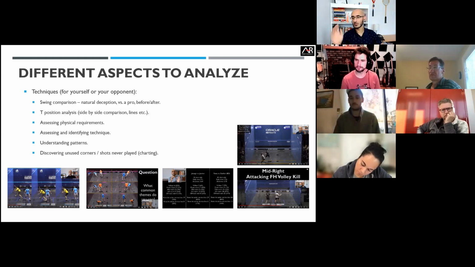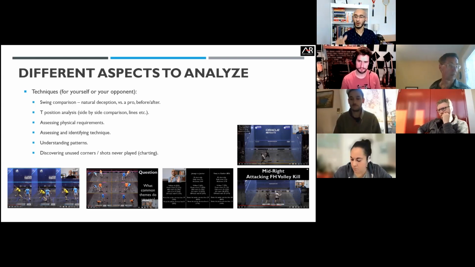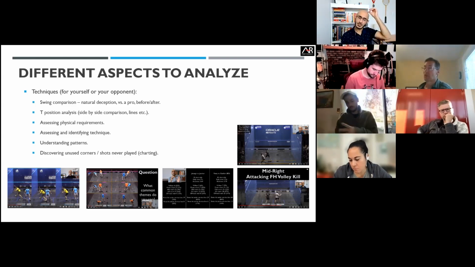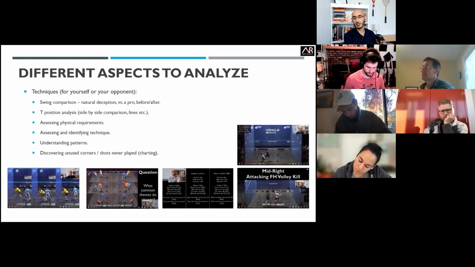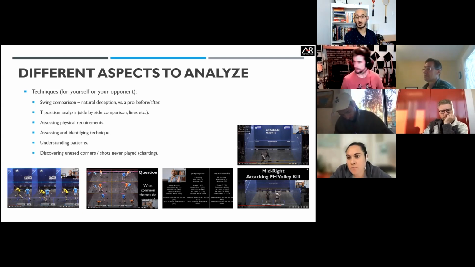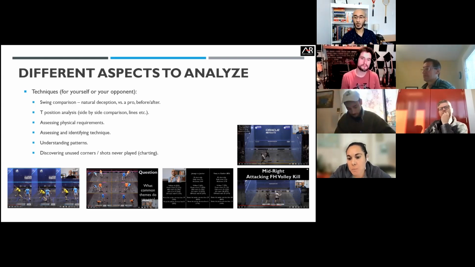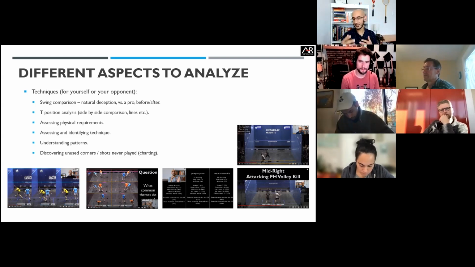And I say, okay, if we're working on straight kill, hunt the volley, let's see how many points you can win only with the straight kill hunting the volley. Record that, and then you can see how effectively they're doing it and kind of where it's breaking down. So that's another example. And the most recent image you see on the screen was just an example of showing how Ali Farag, whenever he hit a really, really tight length, his tee position would shift up like 1 or 2 feet onto the tee, and he would push up right to the short line, and then he would start hunting. Whereas when he was in rally mode, his tee position would be like near the back of the service box. So again, everyone's different because his movement is also crazy, so he can cover the front of the court really effectively. But just to give you guys a flavor of how that tee position can adjust.